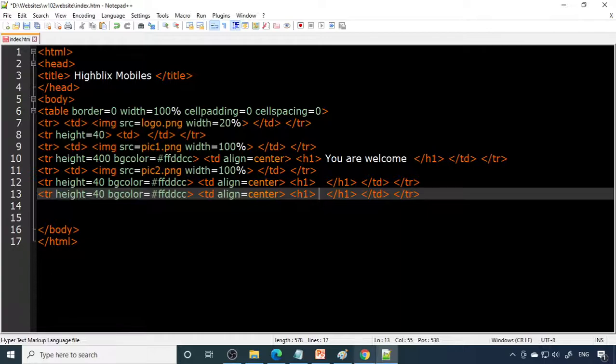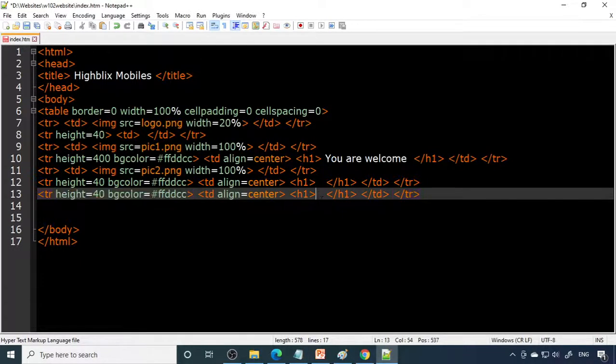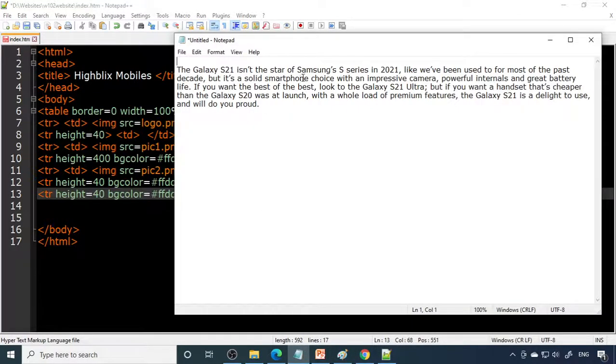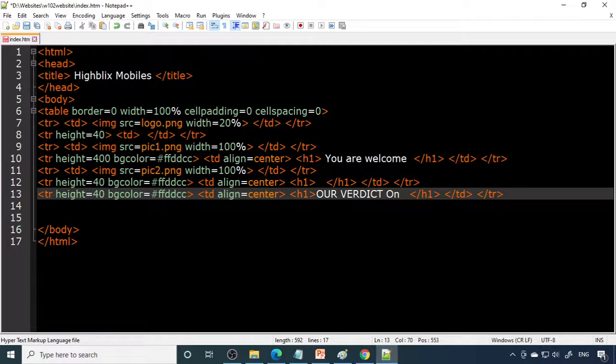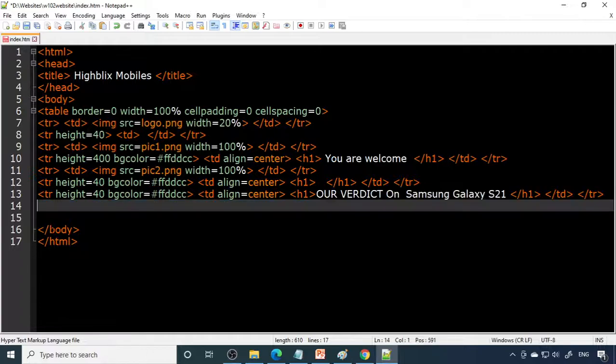Now here you want to put the headline, so this is our verdict, so you copy this, a verdict on this phone, Galaxy 21. Right, so this is the heading, so it will come a little bigger in size, then copy and paste. Now you have to put the content here.